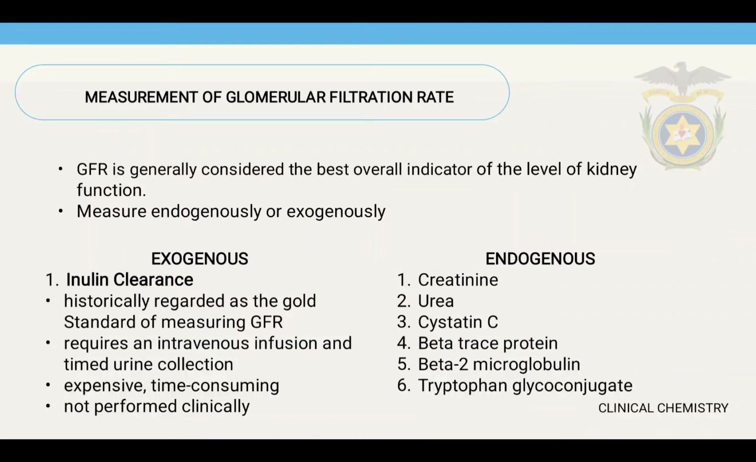This requires an intravenous infusion and timed urine collection. However, the major downsides to this procedure is that it is not only expensive, but time consuming as well. As such, it's not performed clinically. In the lab, we're going to be mainly using endogenous substances such as your creatinine, urea. However, cystatin C, beta trace protein, your beta 2 microglobulin, and your tryptophan glycoconjugate could also be measured in certain